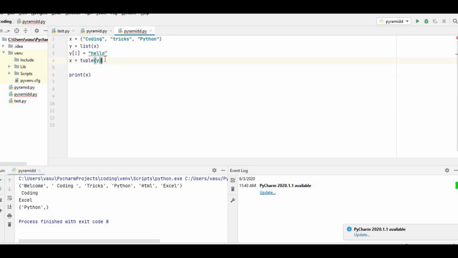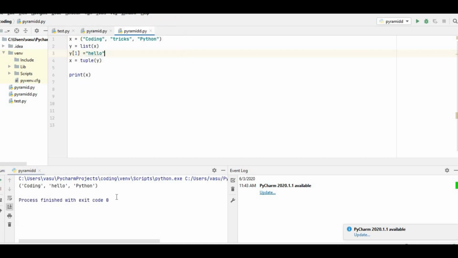So you can see here, I have given x equal to ("coding", "tricks", "Python"), y equal to list of x, then y[1] equal to "hello", and then x equal to tuple of y, print x. First I have converted the tuple to a list: y equal to list of x.